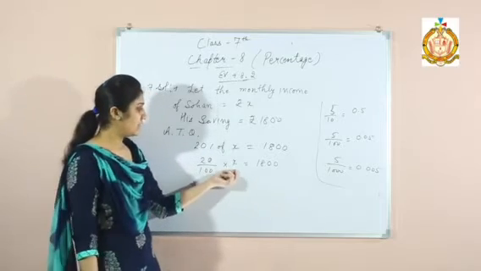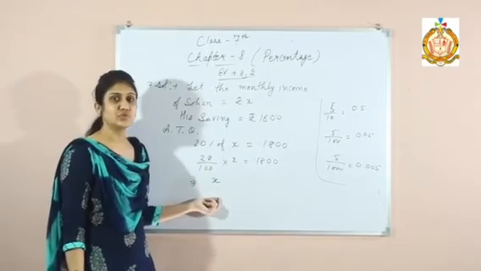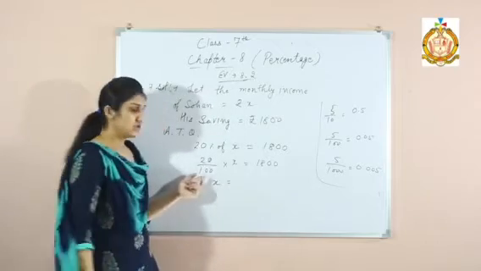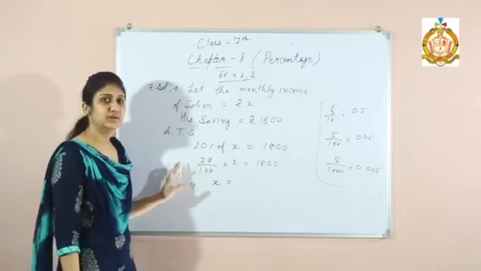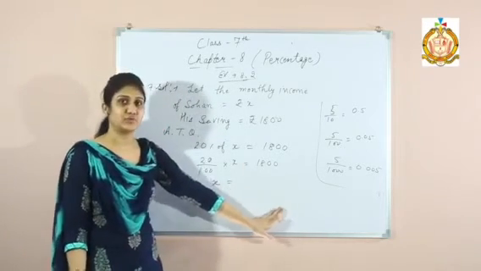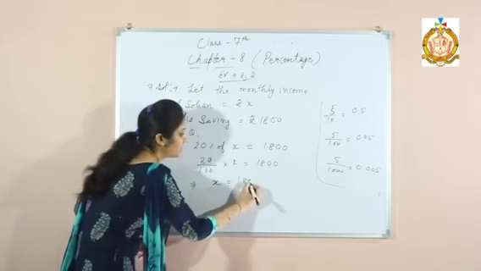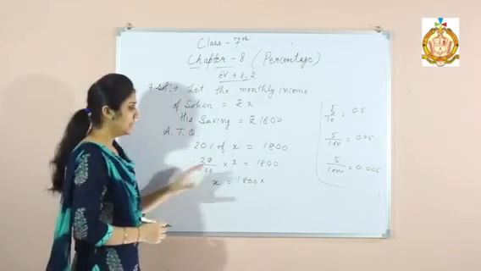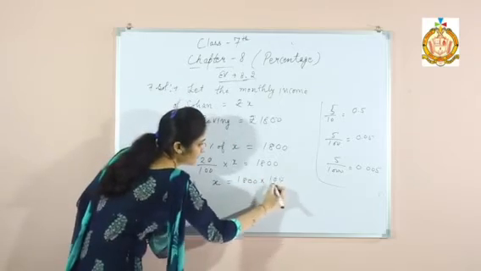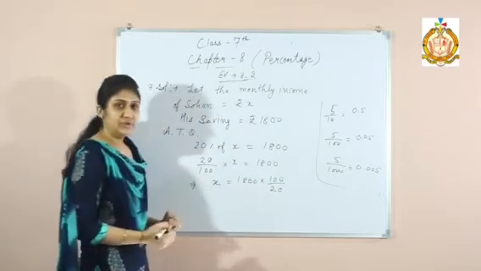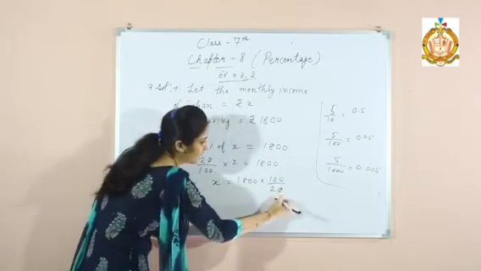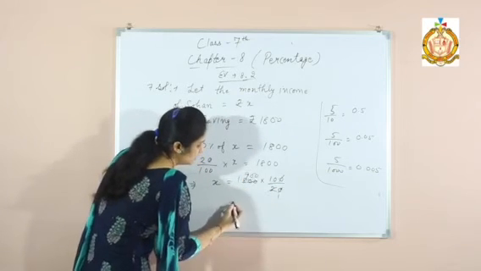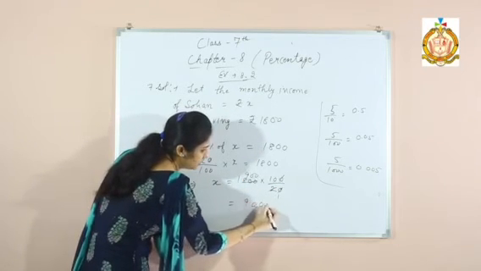Here we will write X on the left hand side of the equation because we have to find the value of X. We will shift the position of this numerical term to the right side of the equation. We can take the reciprocal. When we shift the position of numerical term, we take the reciprocal. After solving, you will get the answer. Cancelling 0 with 0, here 2 and 900. So our answer is 9000 rupees.